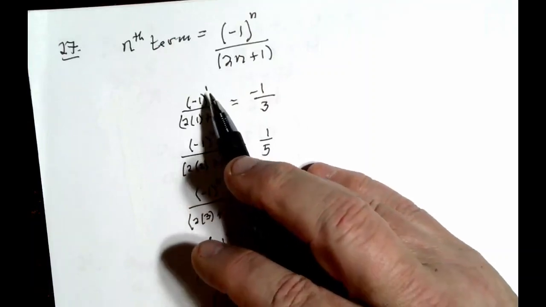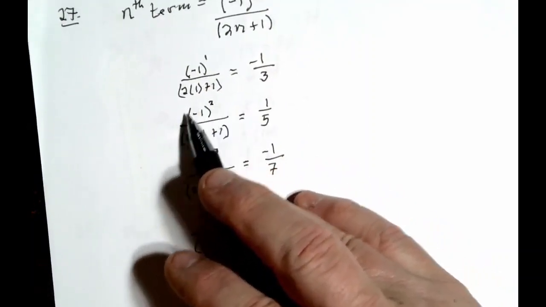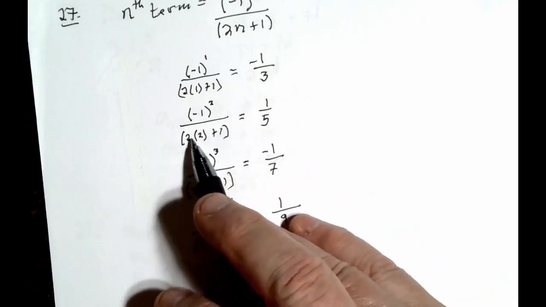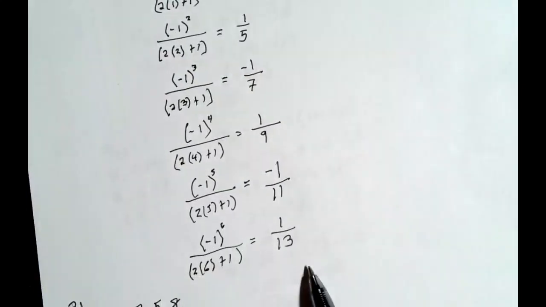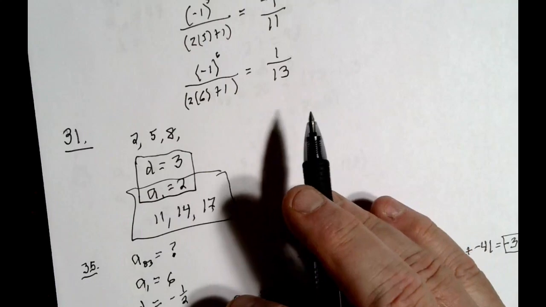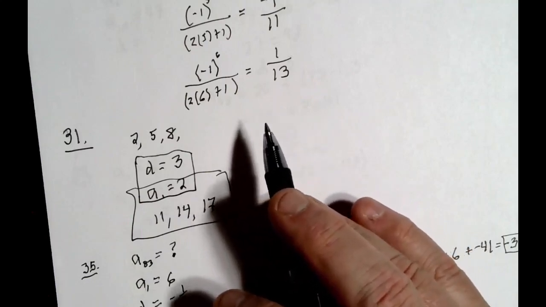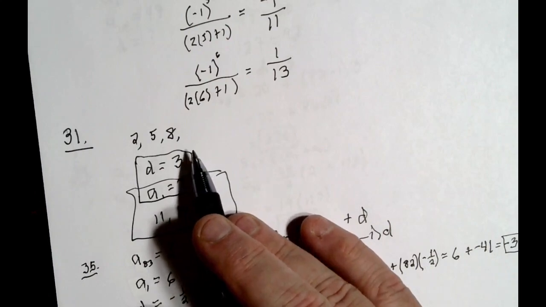So first term, you put a 1 in for n and you crunch it down. Put a 2 in for n, you get -1 squared is 1. Down here you get 4 plus 1 is 5, and so on. And you can figure out each one of these. And there you go. 31, you've got three numbers in a sequence, 2, 5, 8, and they say identify D